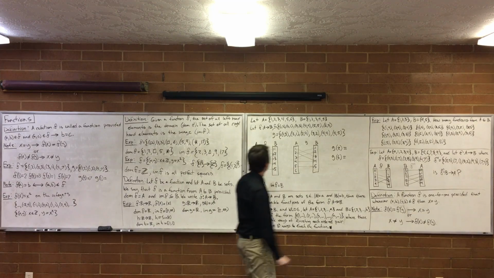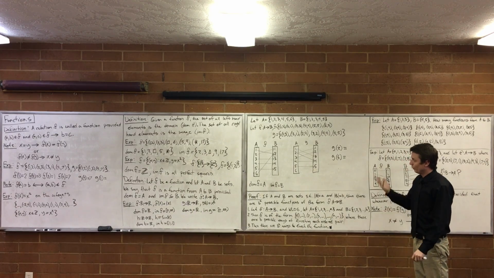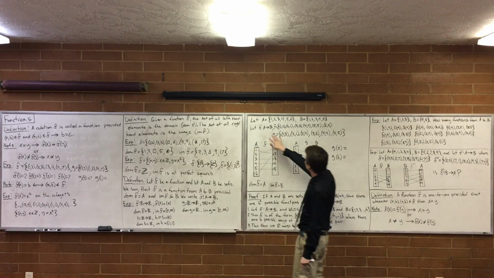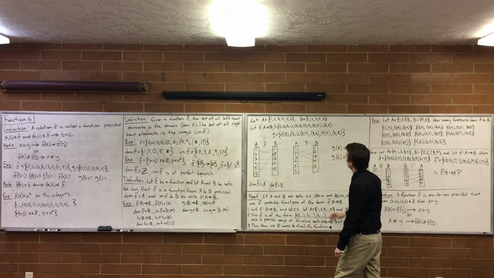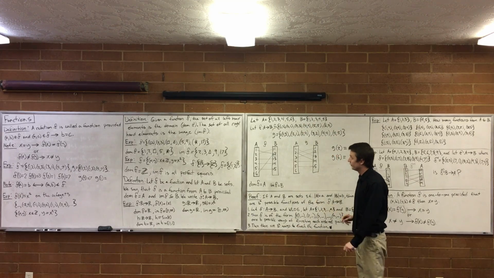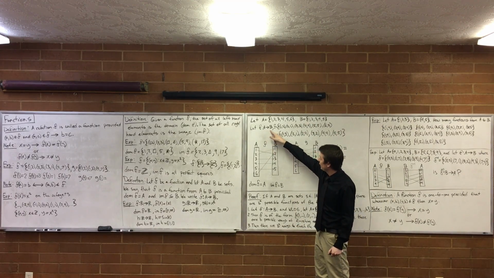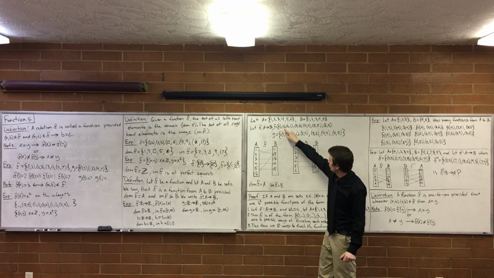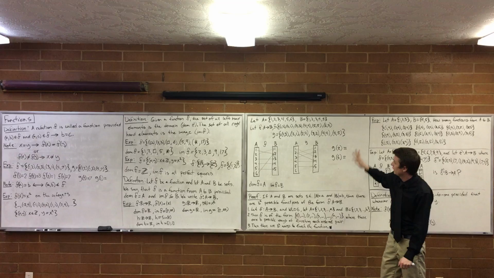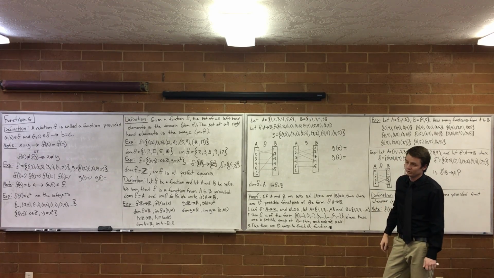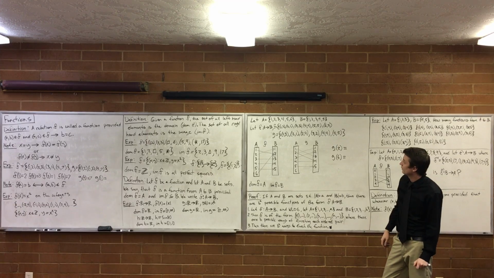Alright, let's continue looking at some examples and show ways that we like to draw functions to help us make sense of them. So let A be the set 1 through 6, and B be the set 1 through 5. And we'll make f a function from A to B, given by this: 1 goes to 2, 2 goes to 1, 3 goes to 3, 4 goes to 4, 5 goes to 5, 6 goes to 2. First off, is that a function? Yeah. You sure? I thought there was something in there I needed to fix. Well, 2 can map to the same thing, but one thing can't map to 2 different things. So you think it's good? 1 and 6 can both map to 2. No, they cannot.